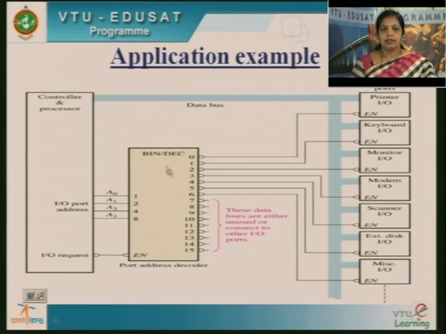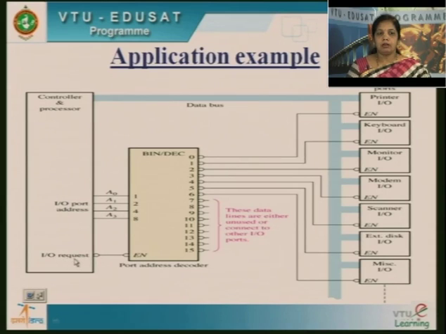So anytime I can enable this decoder or disable it by giving an appropriate signal. As you know, the processor will request services or grant permissions to the IO devices.